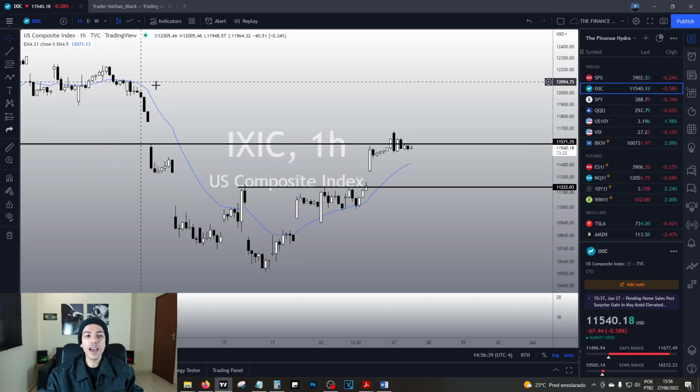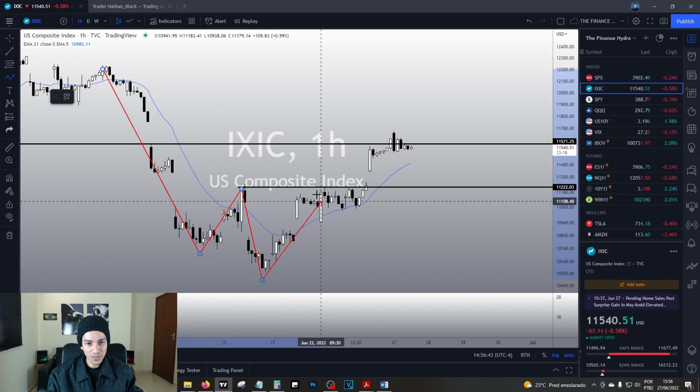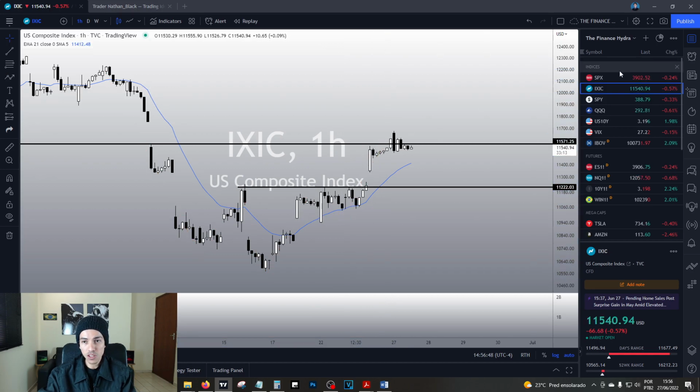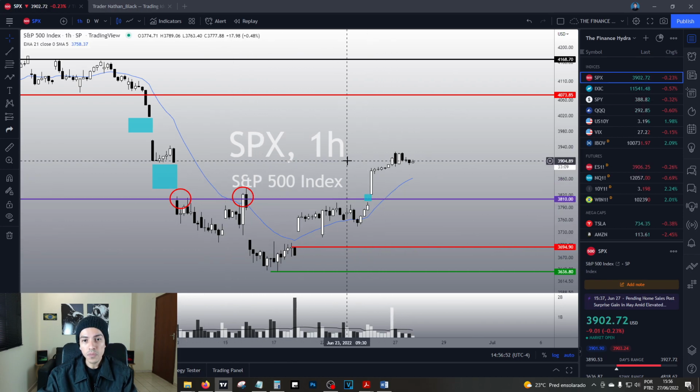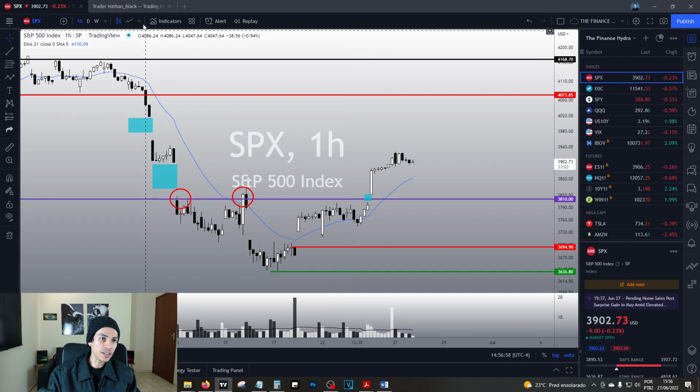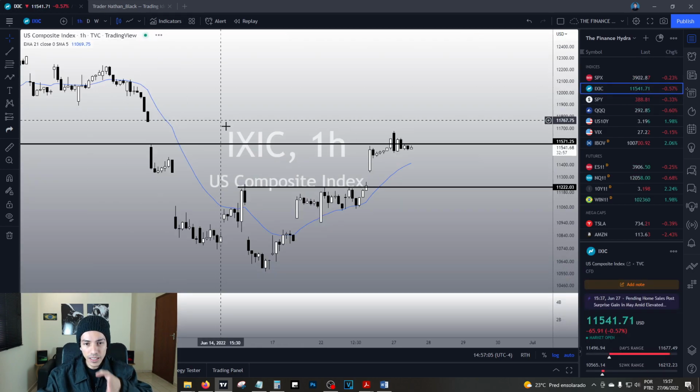But I do like the fact we have an inverted head and shoulders over here, right? Which was triggered, by the way. So this is quite good. This is quite interesting. The S&P also has a similar structure. So we could assume we do have more upside potential, yes, but it is a bear market, guys, so let's be careful. Either way, 3810 on the S&P, on the Nasdaq, the key point is